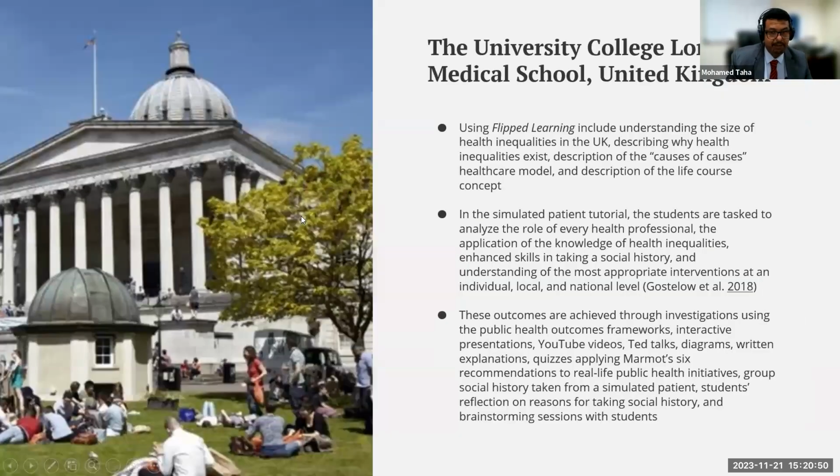The second case study is from the University College London Medical School, United Kingdom. They are using, most predominantly, the flipped classroom approach. Using this approach, they provide learning materials related to health inequalities in the UK, describing why health inequalities exist, the causes, healthcare models, and descriptions of life course concepts. And they have a simulated patient tutorial in which students are tasked to analyze the role of